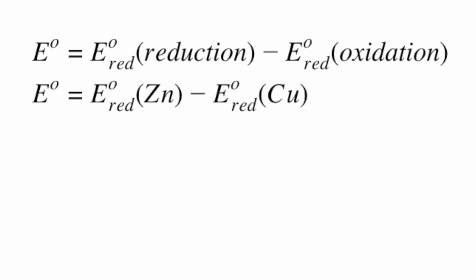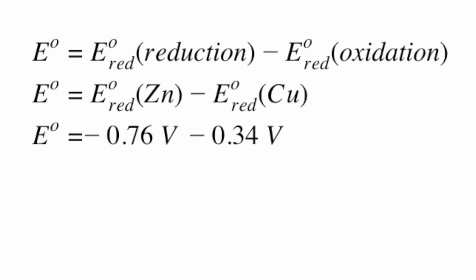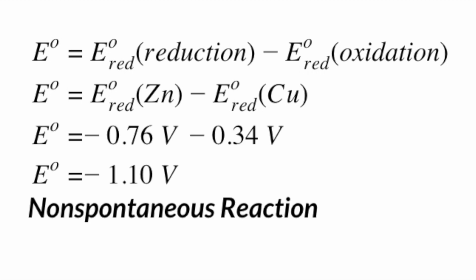It is important to note, however, that while copper isn't actually oxidized in our reaction, we still use its reduction potential for the calculation. Once we plug in these values into our cell potential equation, we will find that the cell potential comes out negative. This indicates that this reaction is non-spontaneous, thus a normal voltaic cell cannot carry out this reaction. We must use an electrolytic cell in order to apply a voltage or a flow of electrons to perform this